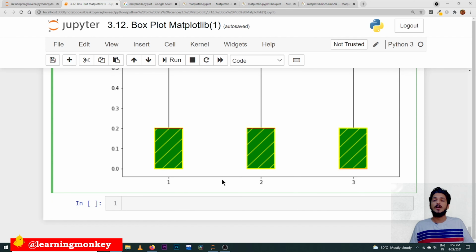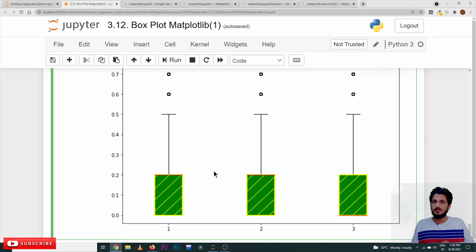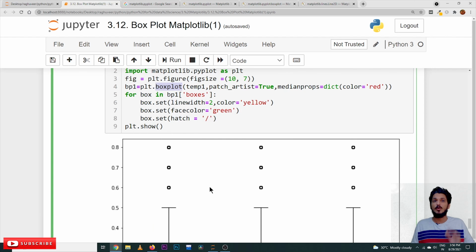Okay, this is the basic understanding. Explaining all the concepts and all the properties is not possible in a single video. If you have an idea about this, according to your requirement, you have to search on Google and the documentation, and check the remaining properties according to your requirement. That is what you have to do. Get a good grip on the documentation of the box plot function. With this idea, you will have a better understanding of what a box plot is. So this is enough for going further.